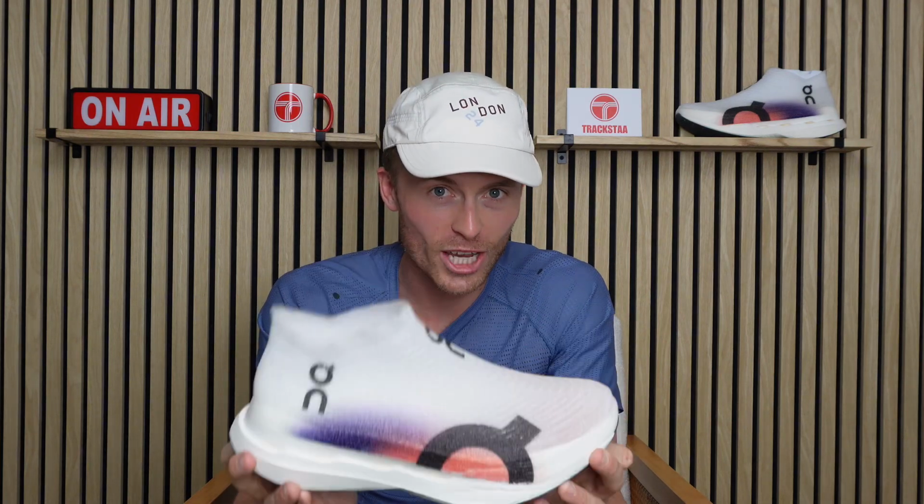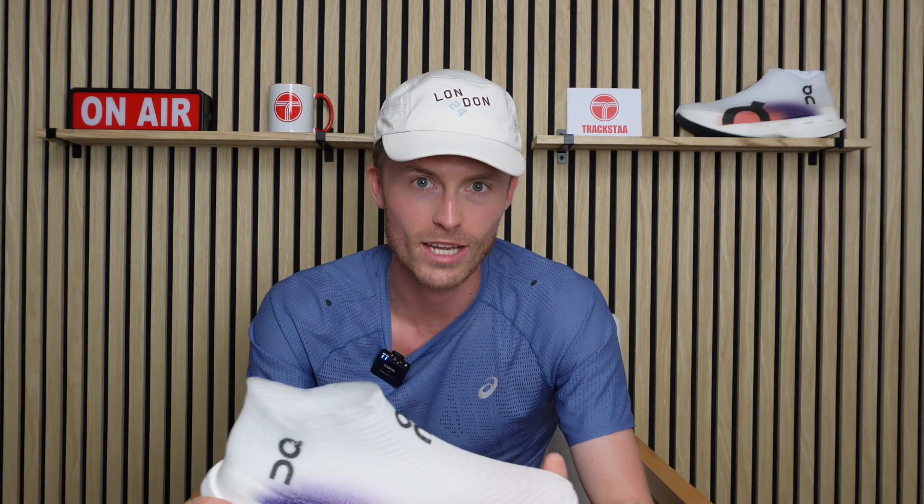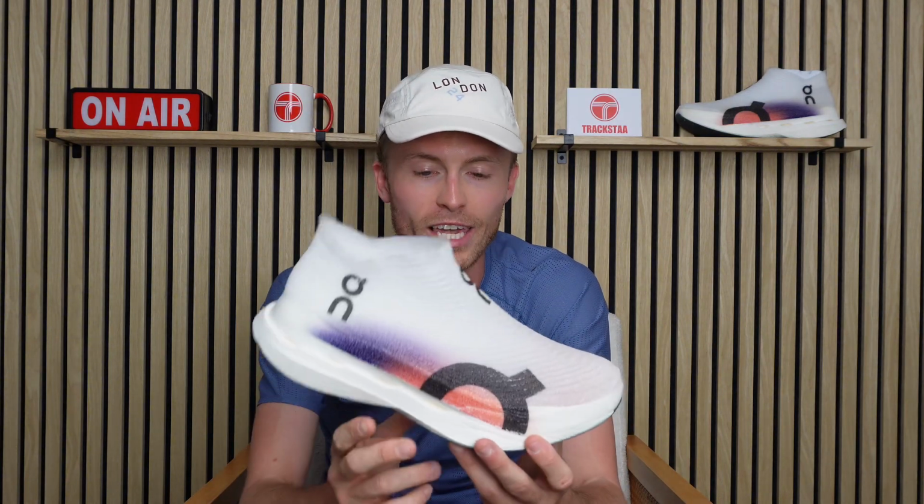And finally, the price. It's no surprise with the technology, innovation and effort that has gone into this that these shoes are not cheap, and they're going to retail at £330 if you're in the UK and $330 if you are in the US. So they are at the top end of the price bracket, but